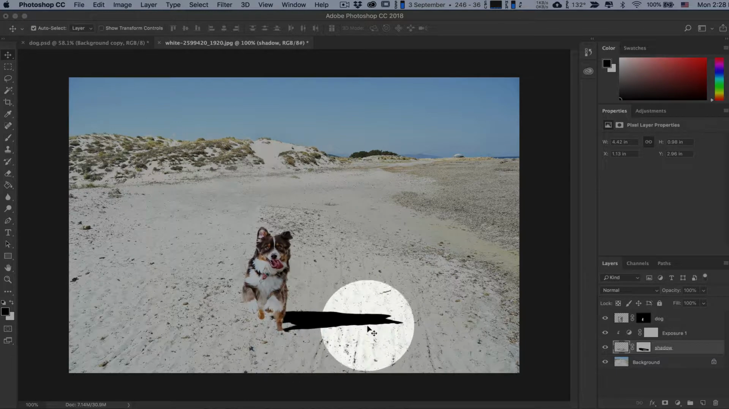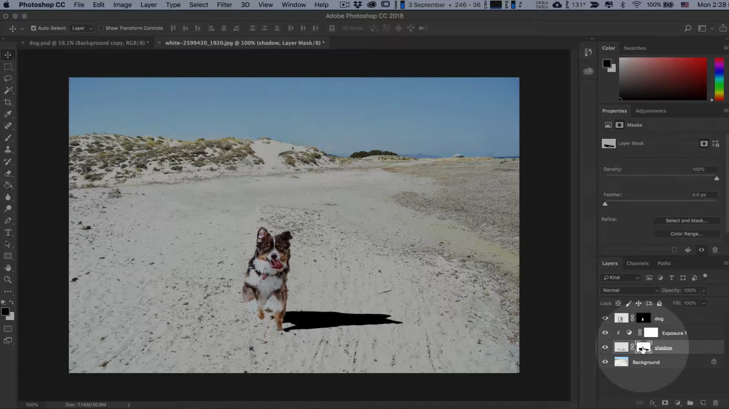Now, the next thing I notice is that the shadow has a very sharp outline. I want the shadow to be a little bit softer because that is more realistic. So on the layer itself, there is the layer thumbnail and the layer mask thumbnail. I'm going to edit the layer mask thumbnail by clicking on it. And in the properties settings, I'm going to feather that shadow layer mask. It is only